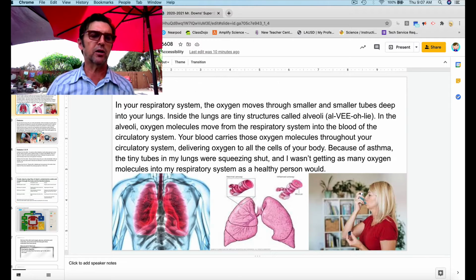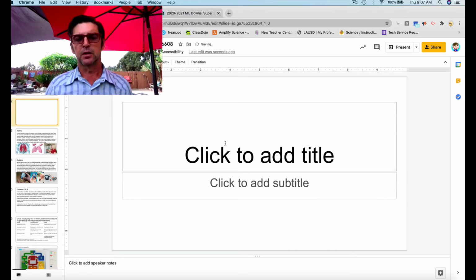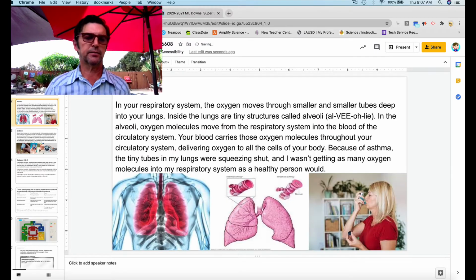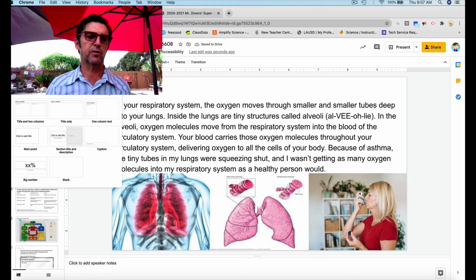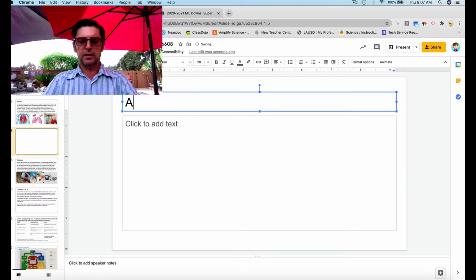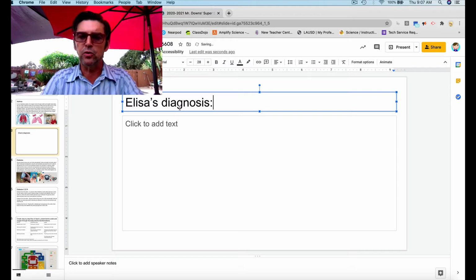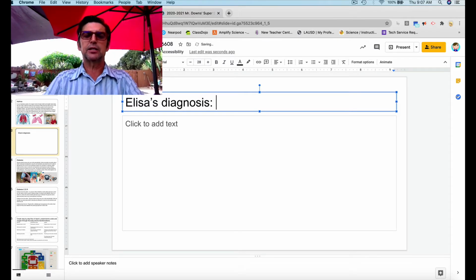And we are going to make a CER slide. I don't like that slide, so let's just hit delete. Remember, you click your arrow here. I like title and body. Elisa's diagnosis. Now this can be 2 or 3 slides, and we're not gonna put what it is yet, but it's